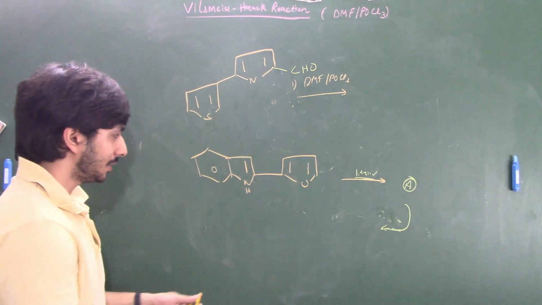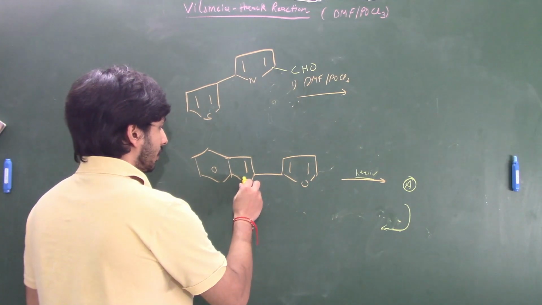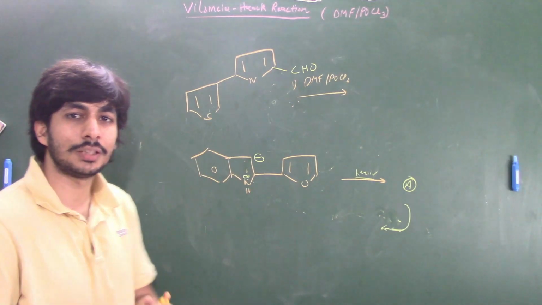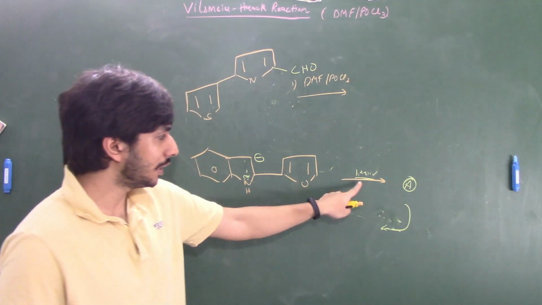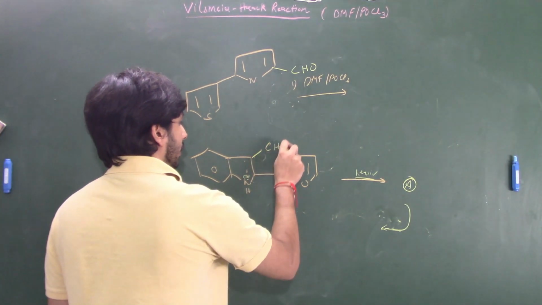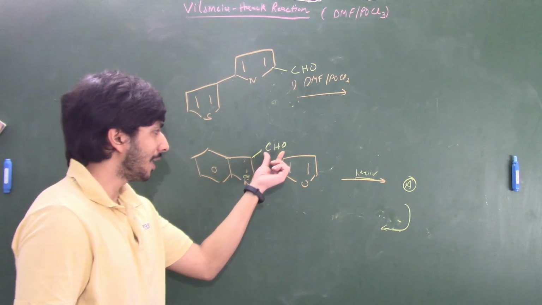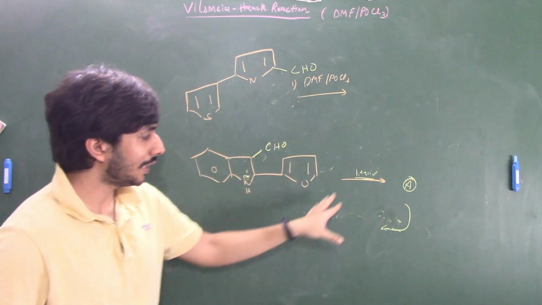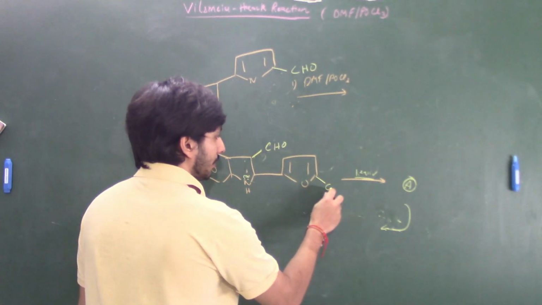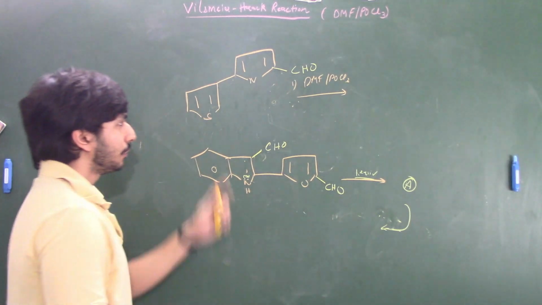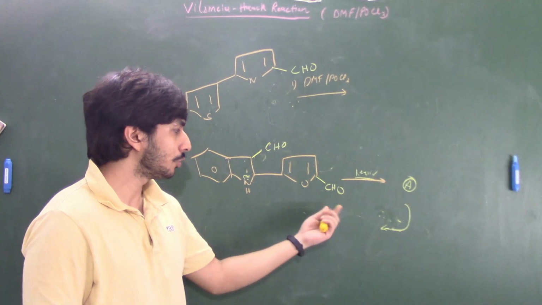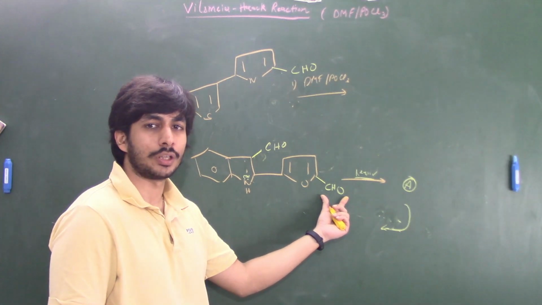So in this case, what happens is actually due to electron donation, like electron donates over here, and this carbon over here, the third position of an indole, is the most nucleophilic position, right? So when you add one equivalent, formylation will take place over here, and this will be compound A. Okay, this will be compound A where selectively formylation has taken place at this position. And when you add excess of DMF POCl3, the compound B that you will get is, then the formylation will take place over here. Okay, because like I said, in furan, thiophene and pyrrole, the second position is most nucleophilic.